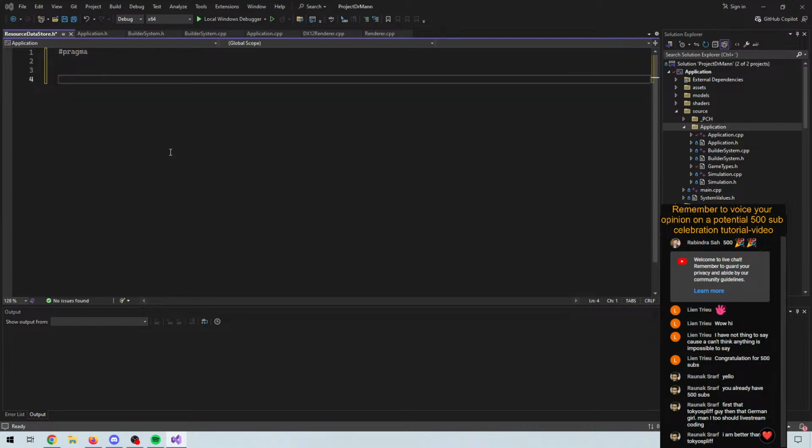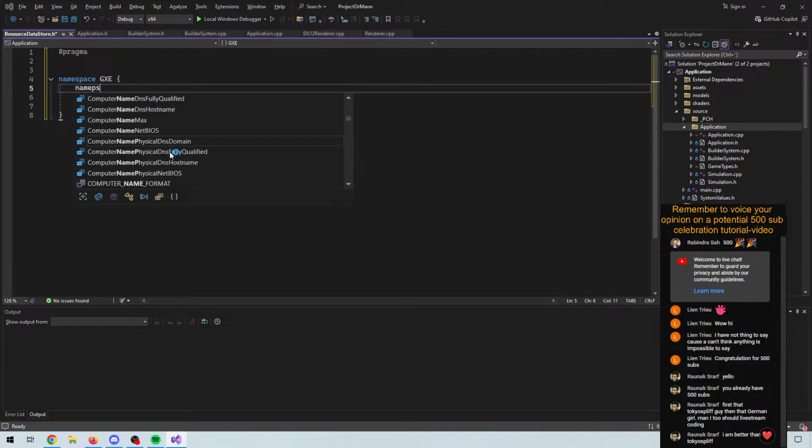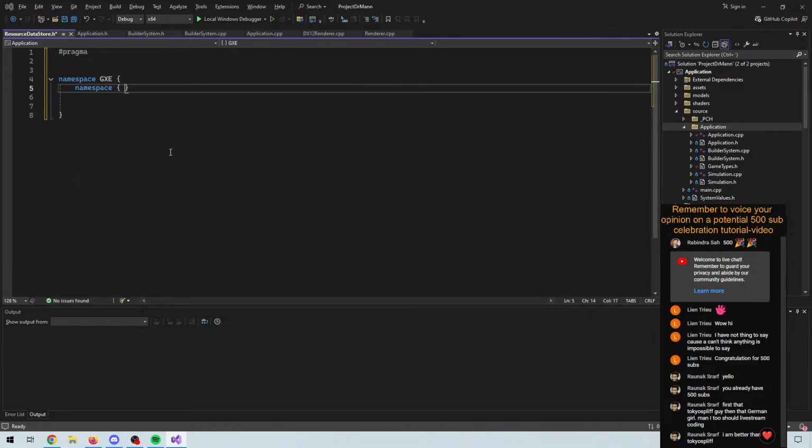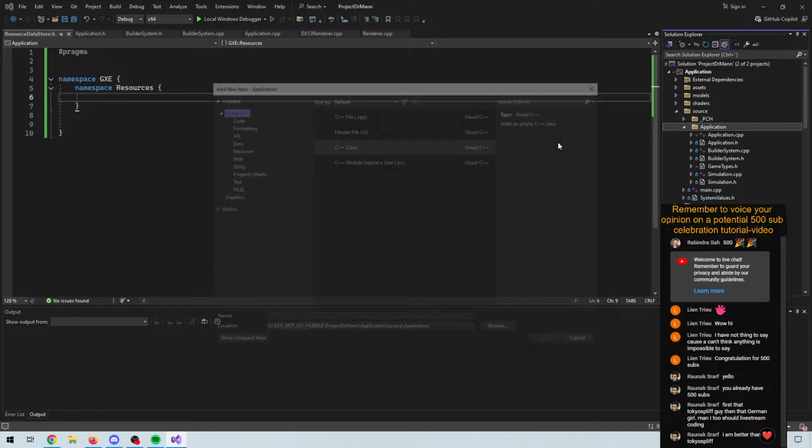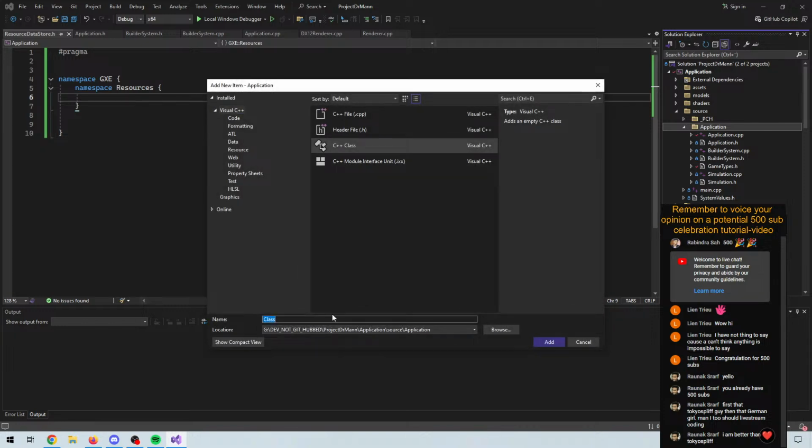And let's do namespace gxe. And maybe, I don't know, should we do namespace resources, and let's create a tile system,